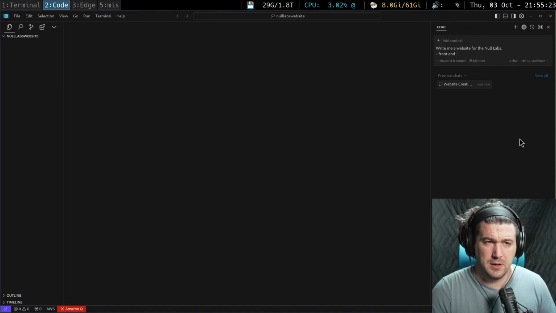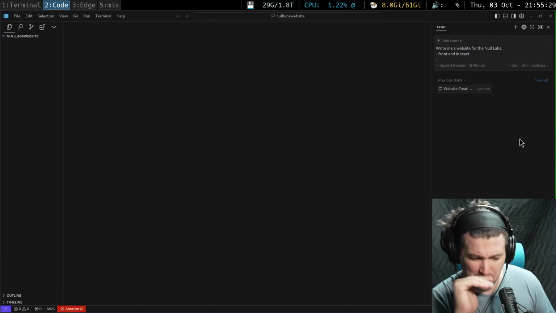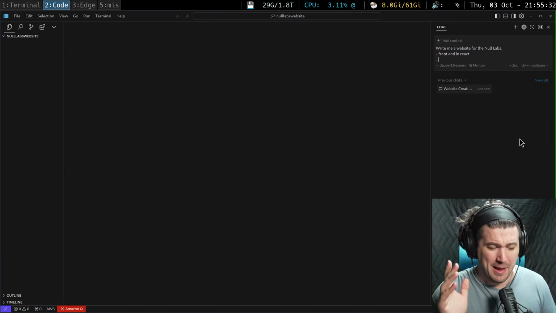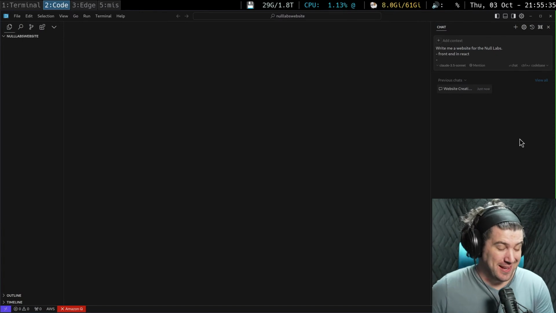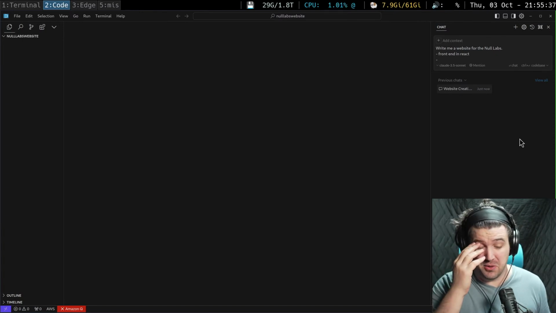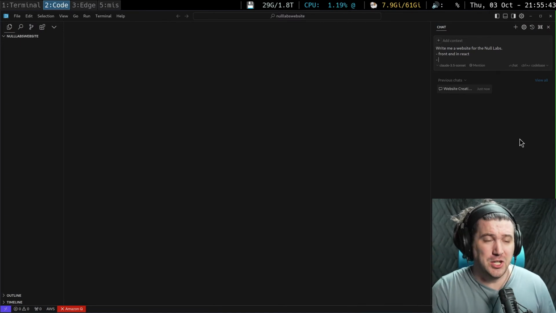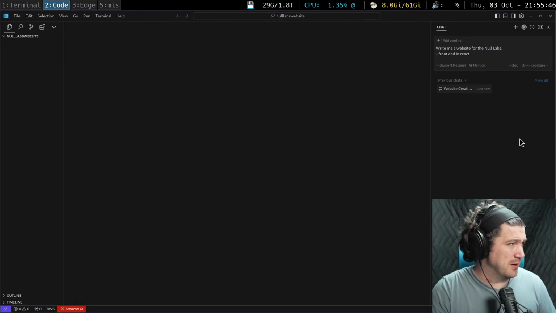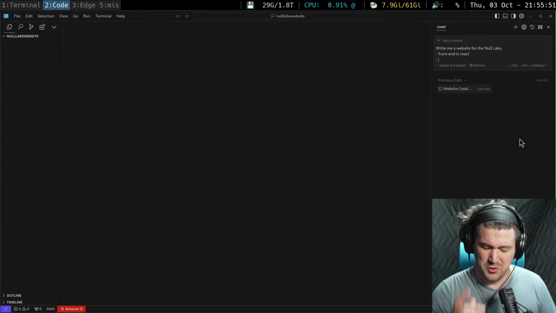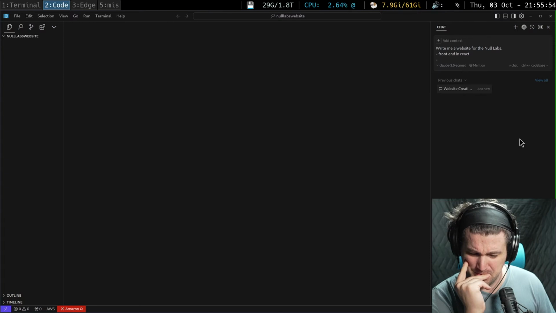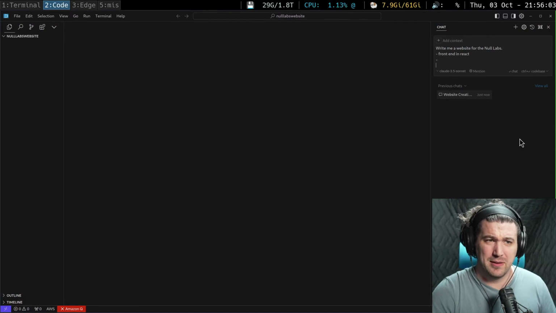Front end in React. I'm not going to care how they do CSS. We'll find out. My guess is that they use Tailwind. That's what I find a lot of these AIs going to. I think it's because it keeps fewer files. That's just my hunch. Okay. Do we have any other requirements for the front end? No, not really. We'll think about it.